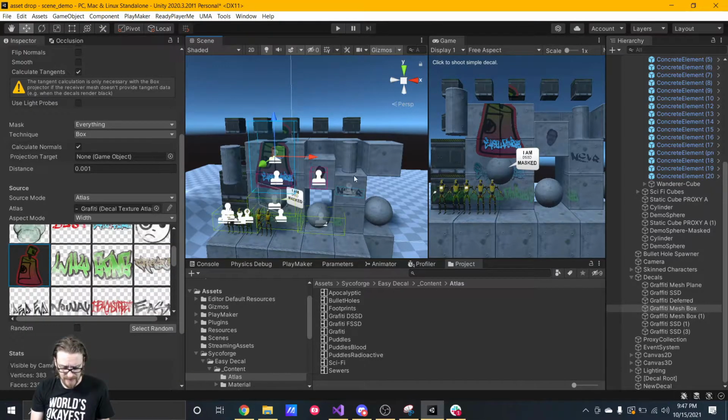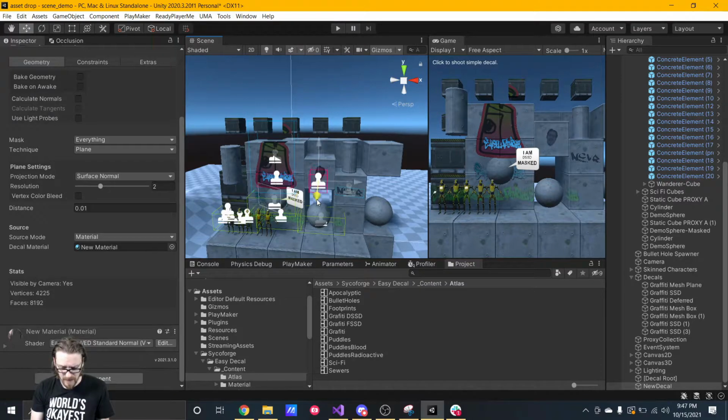So, like, what if I took this dude, what if I moved it away? So it doesn't get, the size doesn't change. So that would work pretty good for like damage marks. You know, like if you're shooting a gun, it'd be pretty good for projecting damage marks. And so here's the distance. So I'm at 0.01. There's a lot of vertices and faces. I don't know if that means